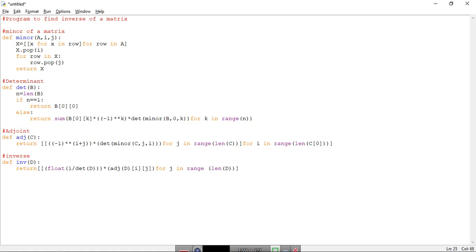Another bracket we need to put for i in range length D. In fact, we need to put that on the first vector, so that D0. Complete this, this will complete this, and this will complete the entire thing. Okay, so I will leave this as an exercise to verify this code, to understand the logic behind the code.